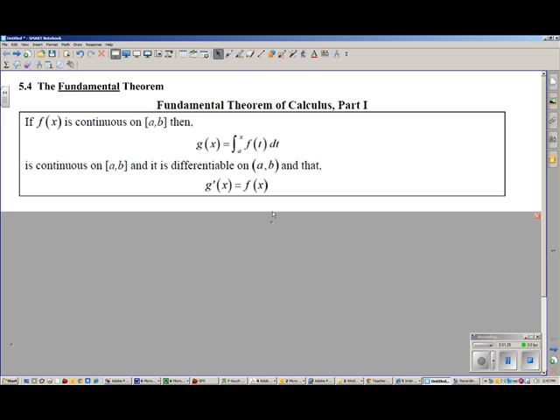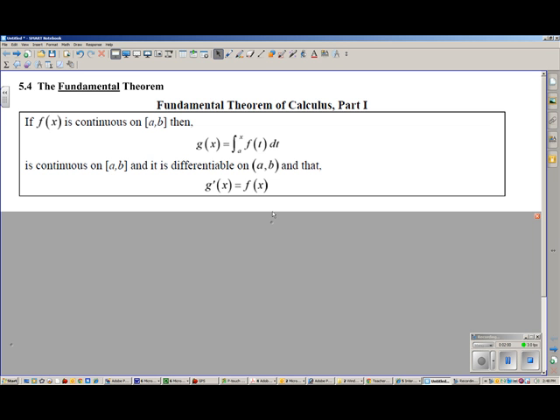Don't get hung up on the fact that the integrand is written in t. It could be written in any variable, even x, but then there would be some confusion with the alphabet, with the letters. So we just use t. Although it's important to recognize that this theorem only works when we're talking about continuous functions on a closed interval, and that it's in fact differentiable throughout the interval,